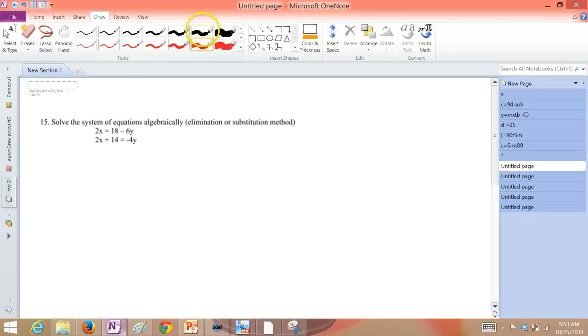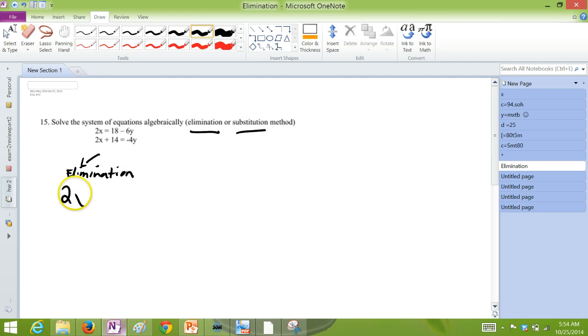Solve the system of equations algebraically by using either the elimination method or the substitution method. I think either one would work. Let me show you both. In elimination, usually you have the form ax plus by equals c. This is already set up to be eliminated in a different way though, but let's do it this way,